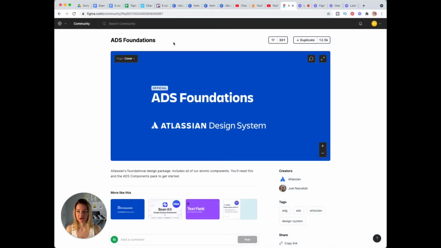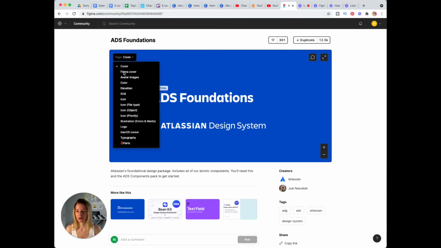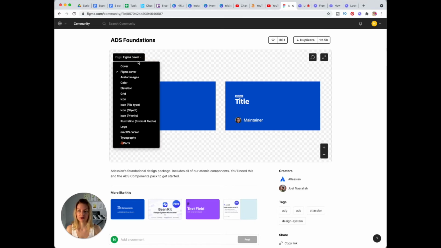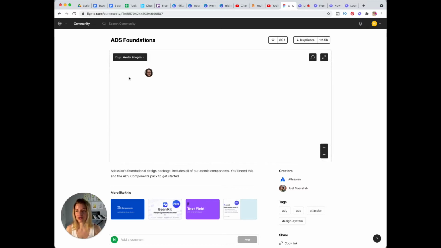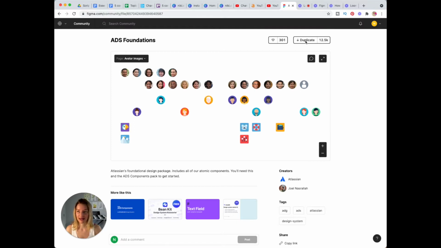Okay, so once your file loaded in, then what you can do is you can just go through these pages. So this is essentially a frame where you just kind of have a preview of what you're going to get if you're going to duplicate this file to your profile. So you can go through this and decide if it works for you or not, or this is what you're looking for. And if you like it, you can heart it, or you can just easily duplicate this and make it your own. So you just click this. I'm not going to do that now. So we're just going to go back to our files.